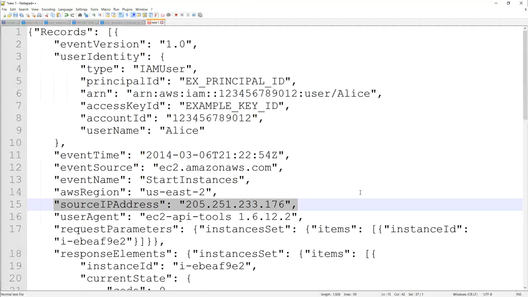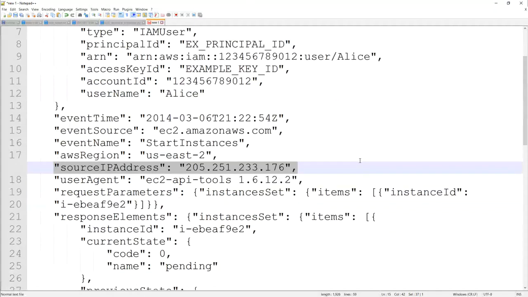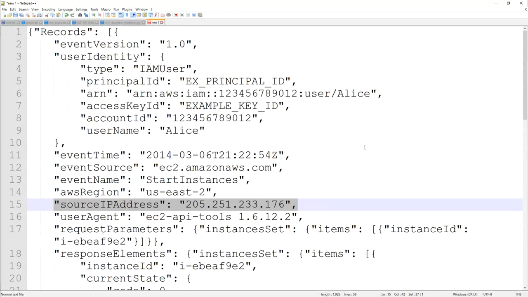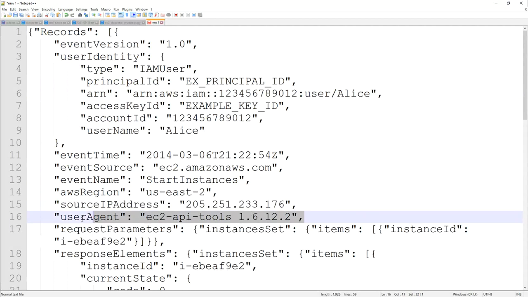That might be information we want to look at, especially when you start correlating it with things like, well, how did Alice log in? Was she logging in from the command line interface? Was she logging in from the management console? How does she usually access these things? And we can see a pattern of data that comes about. In this case, Alice was using the EC2 API tools. So if Alice almost never uses those, and she never comes from this IP address,